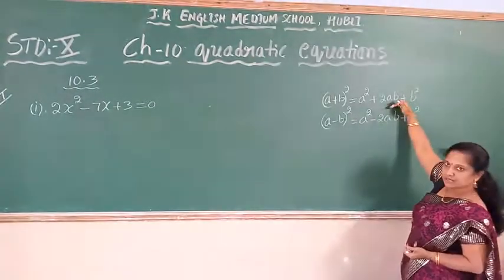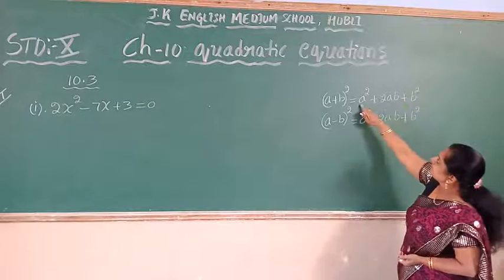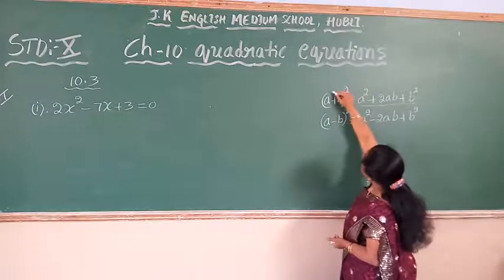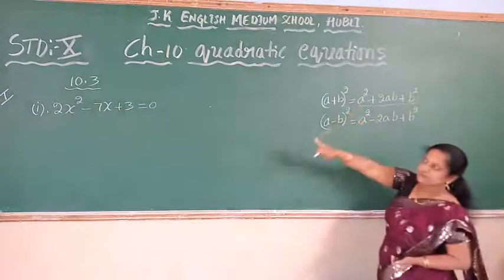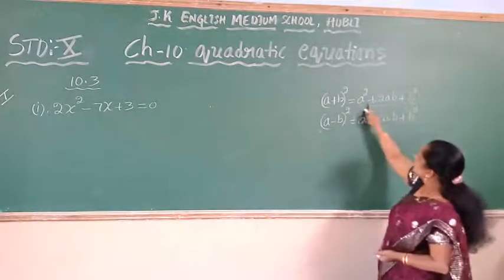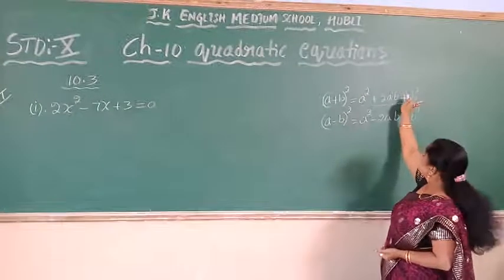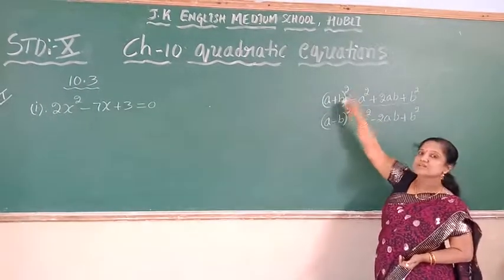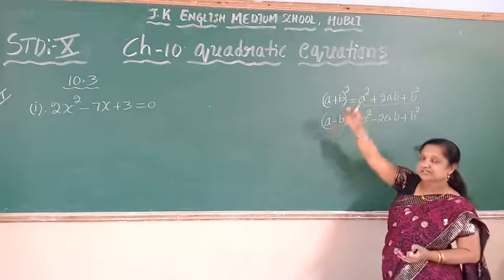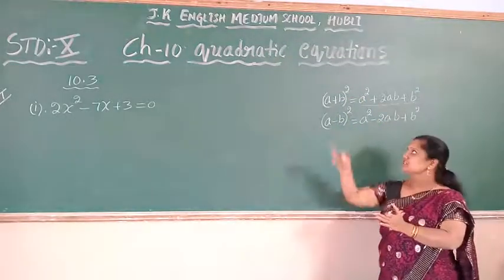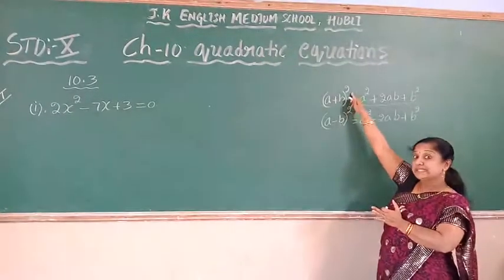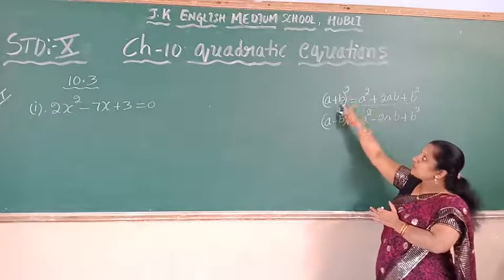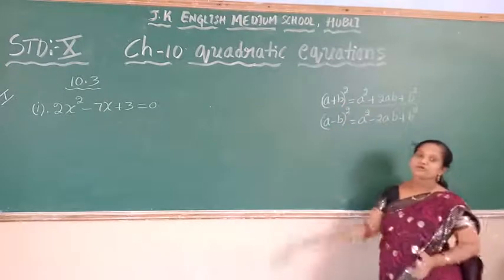Now observe this identity. If the LHS is like this, it is equal to the square of this. So we convert the given quadratic equation in this form, children. Then instead of this form, I can write it this way. So this is in the form of a square. So we will convert the given quadratic equation into the form of a square, completing the square. It will not be according to this form, so we will convert it that way. So with the completing the square form, we are going to find the roots.